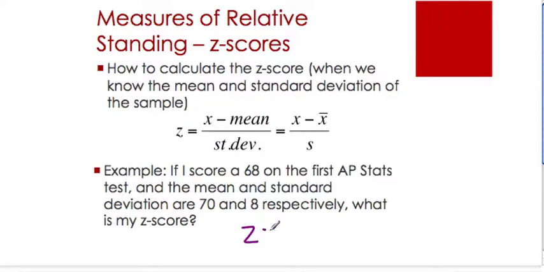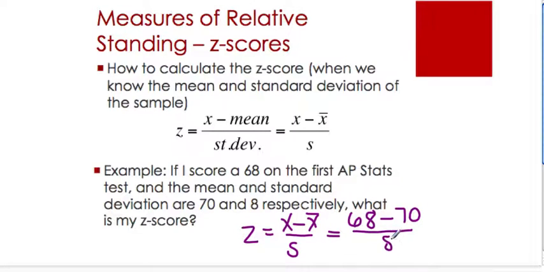Z is equal to x minus the mean divided by the standard deviation. X is my score, which is a 68, minus the average score, 70, divided by the standard deviation, 8. And if I subtract and divide that, I get negative